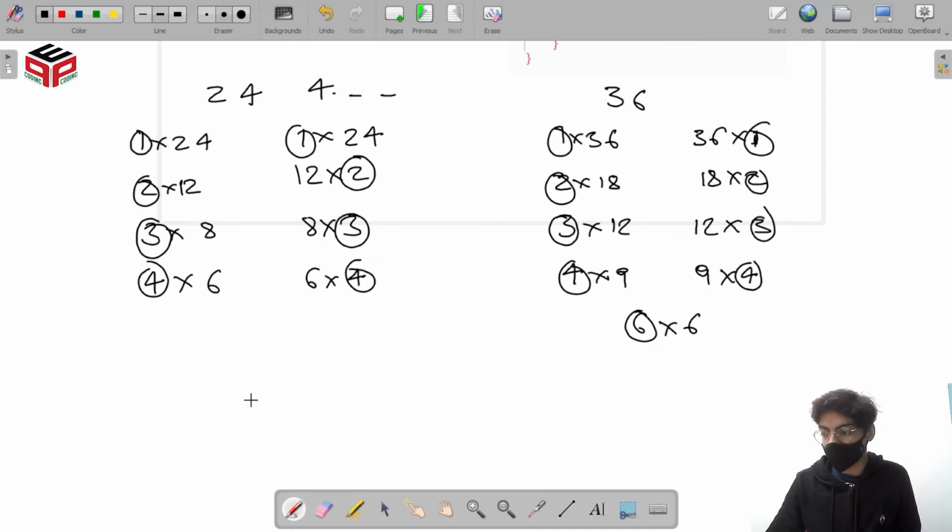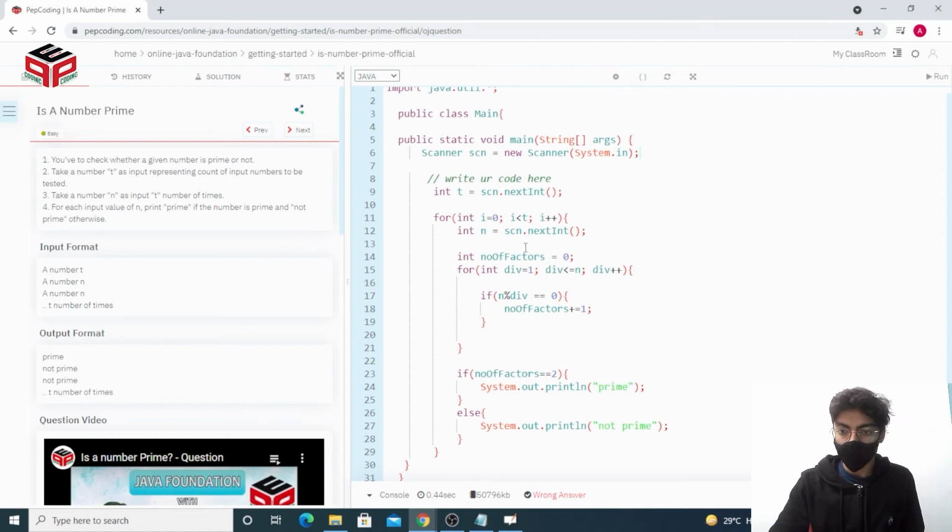As simple as that. So we implement this approach, have the number of factors as 0. I can start from 2 because I know that 1 will be dividing our number. So start from 2, we'll go till the square root of our number, and this particular thing represents div square is less than equal to n.